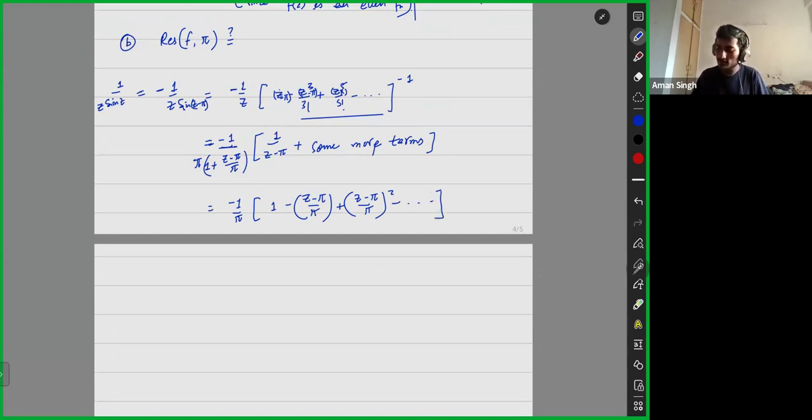So here, the first negative degree term is 1 by z minus pi, and here the constant term is minus 1 by pi. So you multiply them. What you get? Other terms we don't care. They will give you positive degree terms. So, yeah. So the first negative degree term